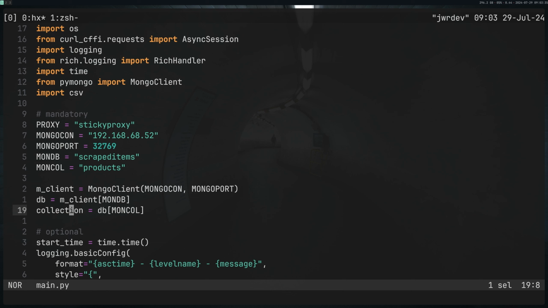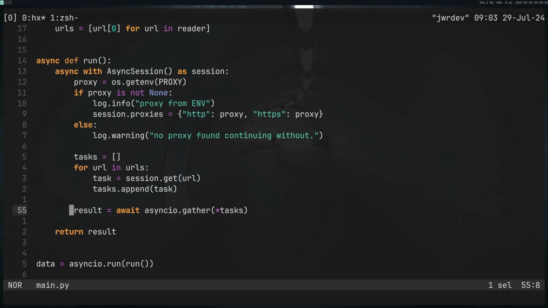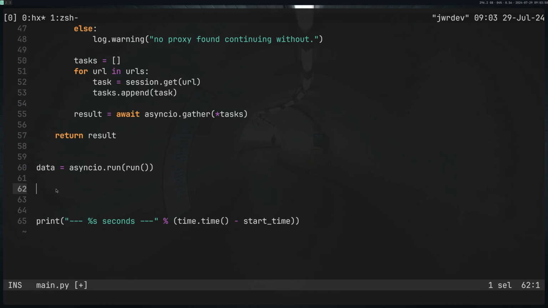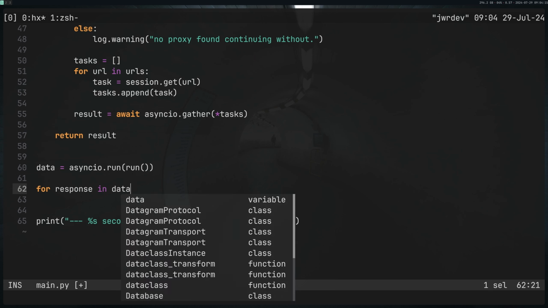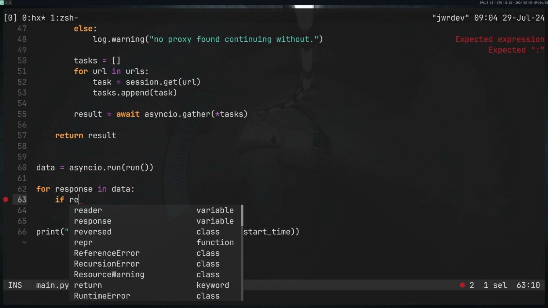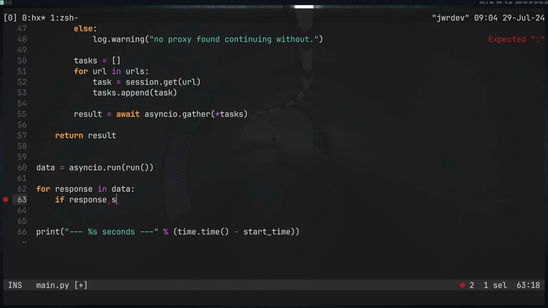We can easily go ahead and add stuff into our Mongo database. So underneath where we're getting all the information, we want to go through those responses that we saw on this screen here, and we want to get the HTML from them. So we're doing no HTML parsing. We're going to store the raw documents in our Mongo database with a timestamp and a URL so we can parse them at a later date whenever we need to, or revisit them if we need to. So let's do for response in data, and I'm going to say if response dot status code